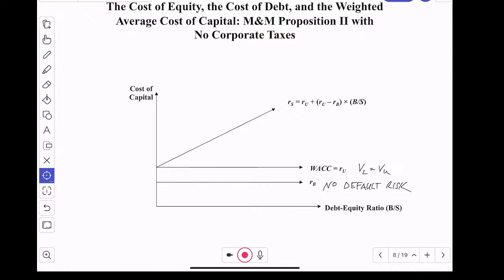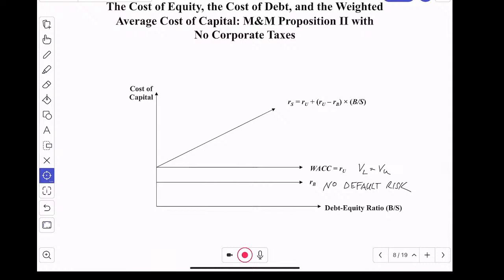However, to balance things out, the required rate of return to shareholders in the levered firm must increase. Okay, so with more and more debt issued, they want to be greater compensated per dollar invested,